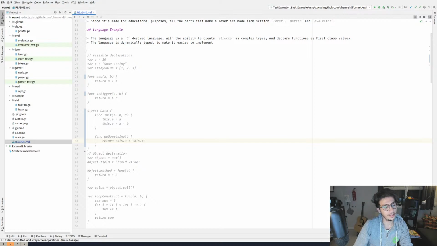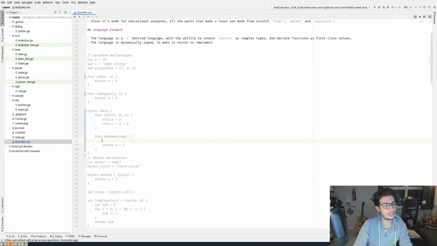But I don't want to add the burden of writing this every time. A lot of languages allow you to omit it: if I don't have var a equals something here, the interpreter would assume that you mean this dot a and this dot c.